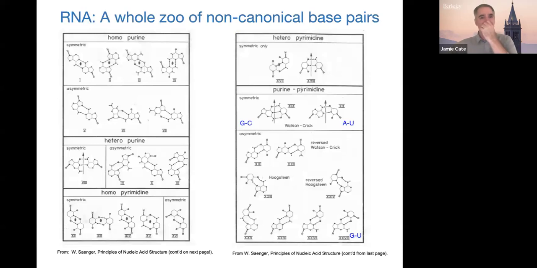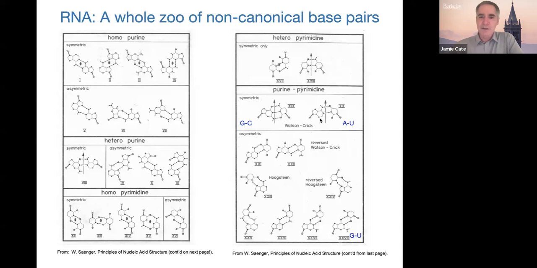Another aspect of this, thinking about base stacking or just the names of nucleotides, is that they can form different kinds of base pairs. I'm showing the standard Watson-Crick pairs here that you would have in an RNA helix, the GC pair or an AU pair. They could be flipped, so you could have CG and UA. And then there's this other type that RNA likes to make that's called a GU wobble pair. This is a picture from a book that is very hard to find, but it's great, Wolfram Saenger, Principles of Nucleic Acid Structure. It's my favorite figure from this book.